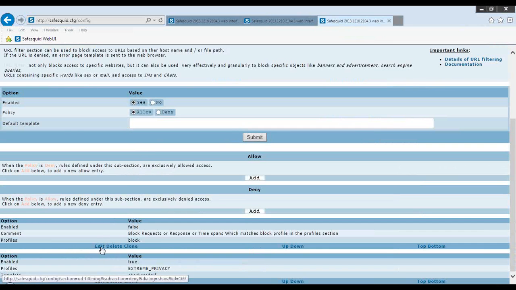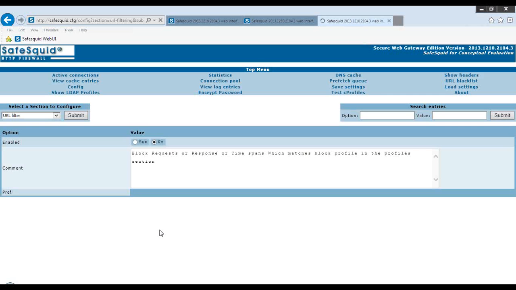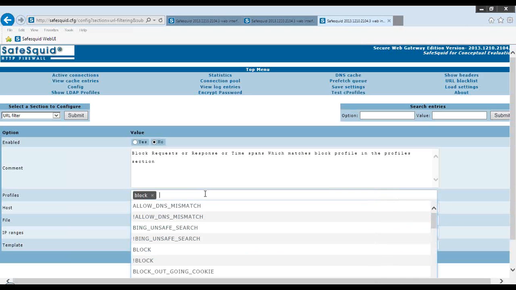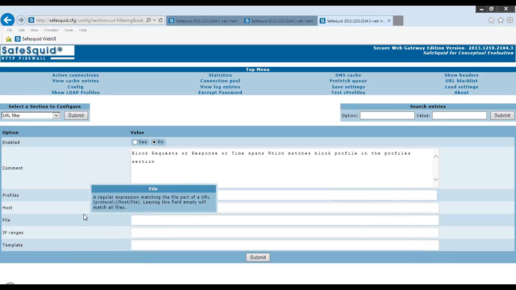Here I can just come and create a policy saying that I want to block, and of course.